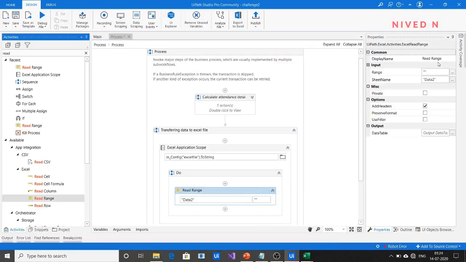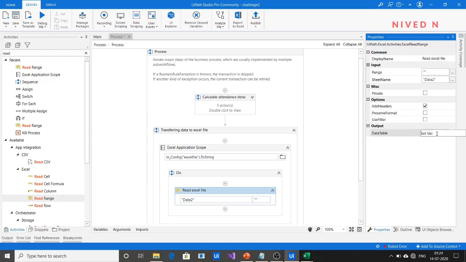Okay, so we have to read the Excel file. Now we have to store this Excel file data in a data table. So we can specify it as, let's say, data2 itself. Okay. So next step is what?